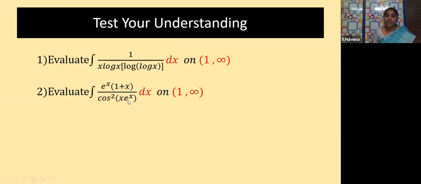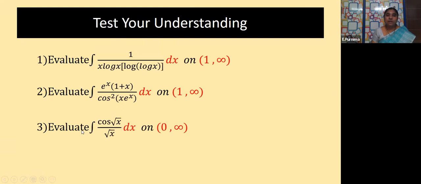If you take x into e to the power of x as t, it is the product of x and e to the power of x in the UV method. Do you remember the UV formula for differentiation? Apply the UV formula and differentiate this. This entire term e power x into 1 plus x dx will become dt, children. So it is a very simple sum, and a very important sum.